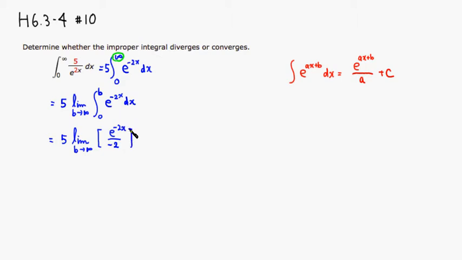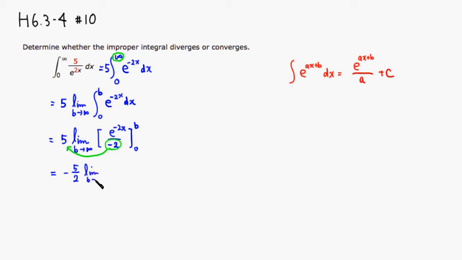And then this goes from 0 to b. Alright, so we have just negative 2 on the bottom, so I'll place it outside, it's just a constant. So it's going to be negative 5 halves, and the limit